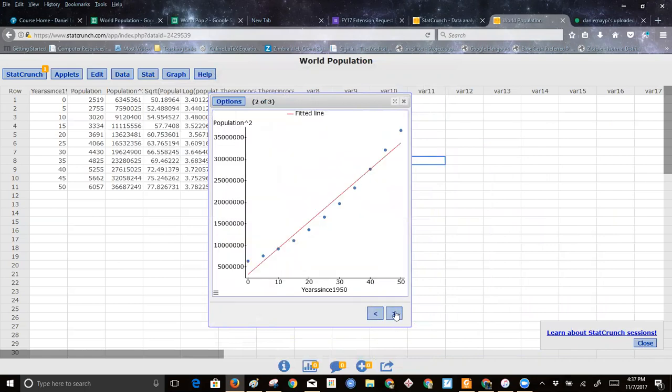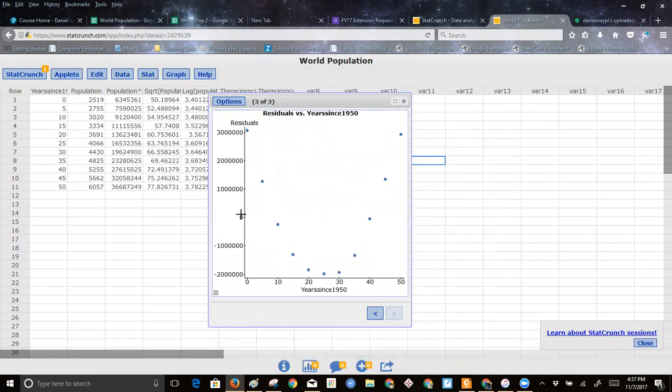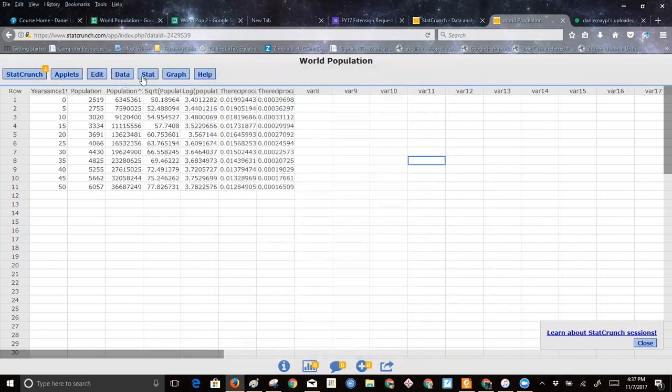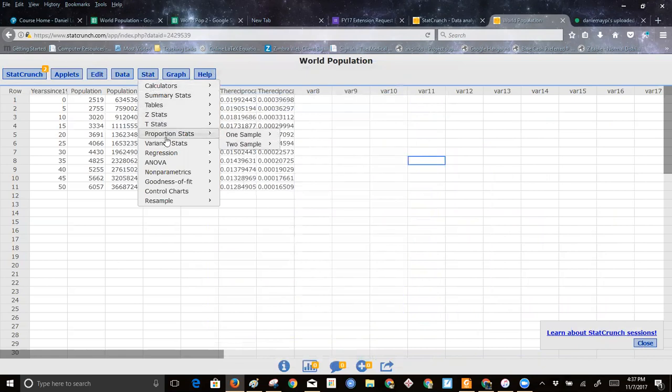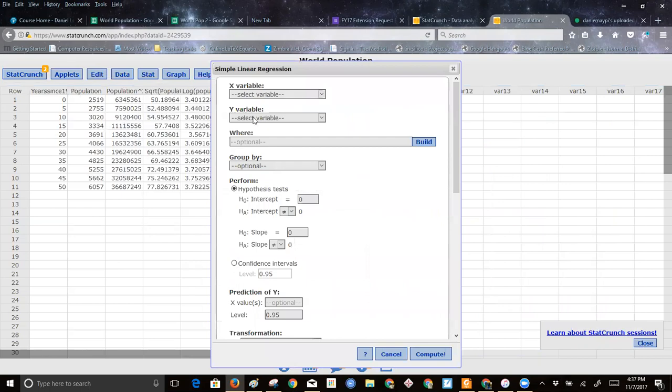I'm still seeing some patterns going on, and I'm still seeing big errors. So that certainly wasn't the way to go. So we're going to discard that attempt. So stat, regression, pretty quick here, you guys are going to be able to do this. Simpler regression,